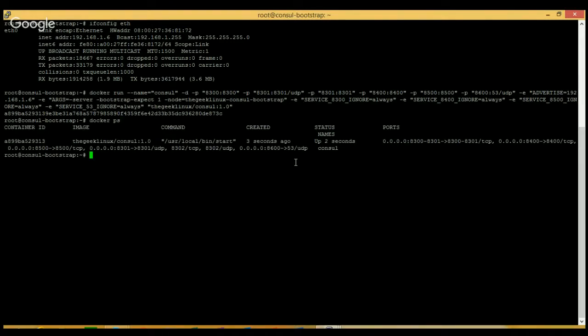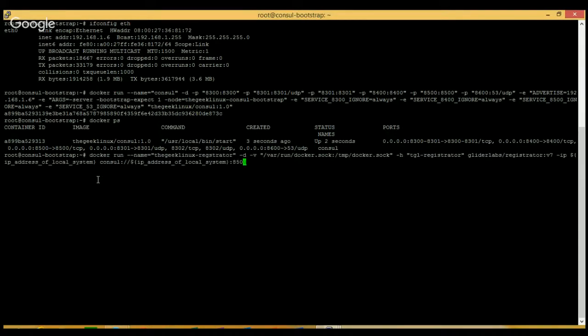Now let's create the Registrator node in this system. So I'm taking the same Registrator command from our PPT, and I'm just changing the IP.